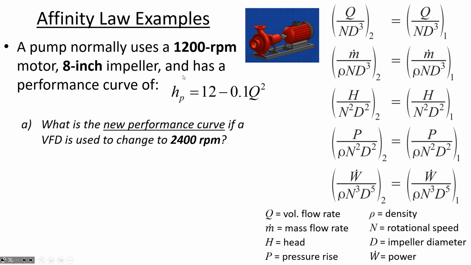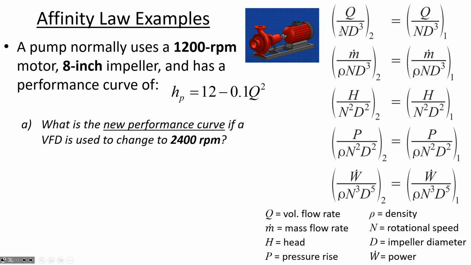Okay? So in part A, what we're saying is we want, under the second condition, the rotational rate N2 to be 2400 RPM, the diameter D2 to be 8 inches, and then we want to find out what H2 is. So we're not changing the diameter, we're just changing the rotational rate. So we're going to find H2. This top relationship here tells us how the flow rates change when the diameter and or the rotational rate changes. So the first law is that